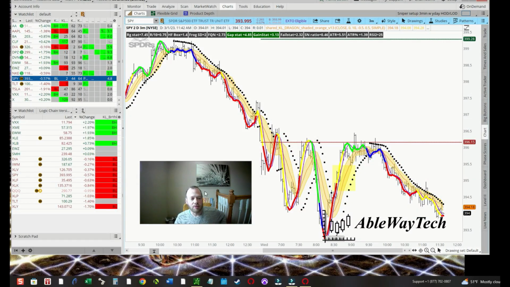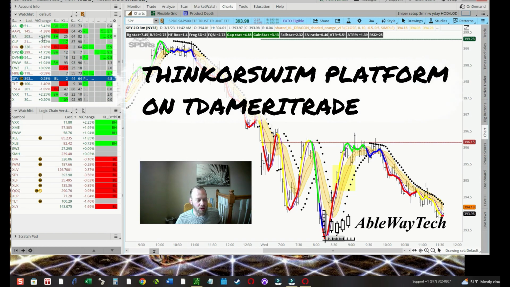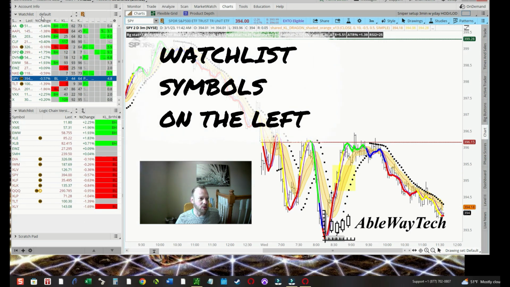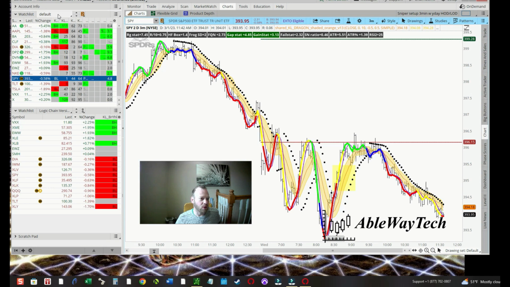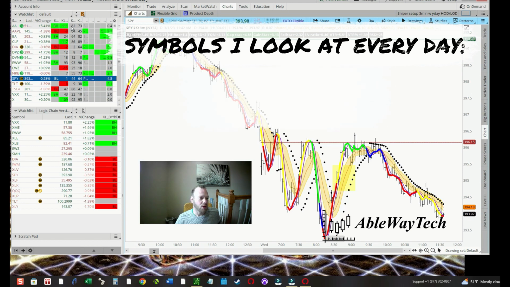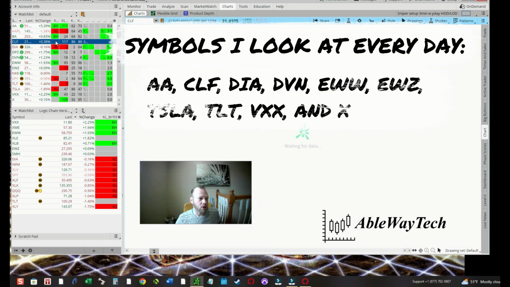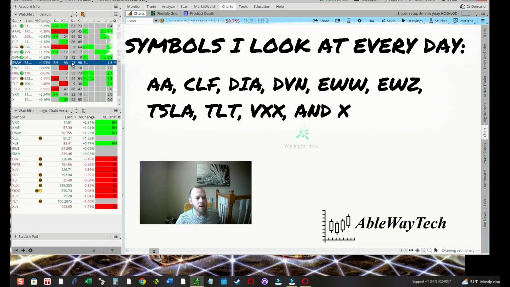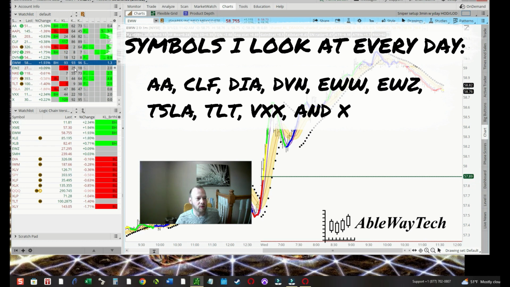So here's a look at my trading platform. I use Thinkorswim through TD Ameritrade, and I have my 3-minute, my usual time frame, set up here on the right, and over here on the left are my watch lists. This top watch list, my default list, is really the symbols that I look at every day, and those are Alcoa, Cliff, DIA, Devon Energy, EWW, the Mexico ETF, EWZ,